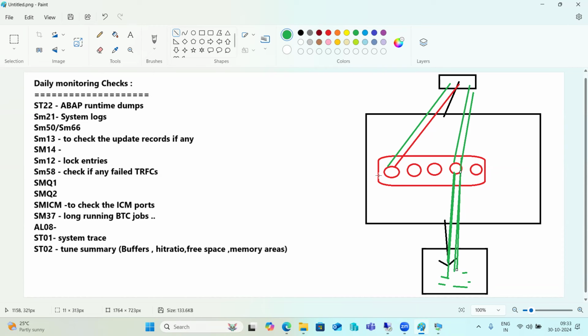So when pulling the data directly from the buffer, your performance is good. Pulling the data from the database level, the performance is not good. So pulling the data from the database, the performance is not very good here. The performance is not good here. So in that case